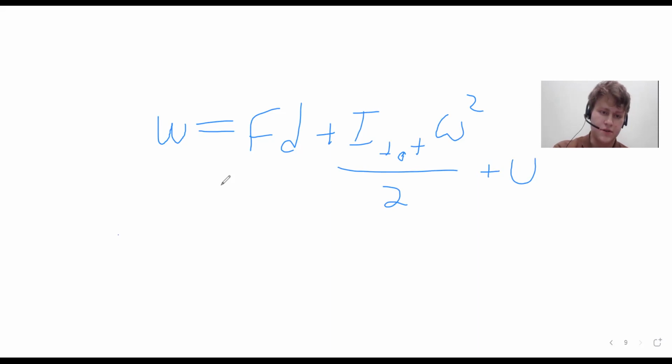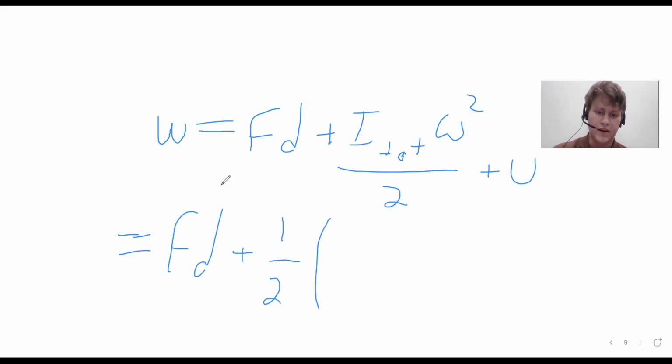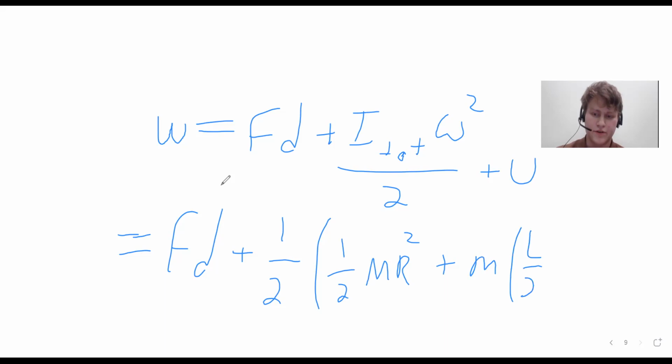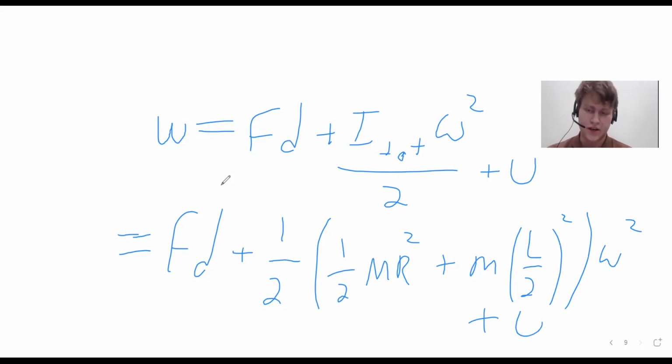And then this is equal to force times distance plus 1/2 times 1/2 mr squared plus little m L/2 squared omega squared plus u. So this first term in the parentheses here, this is the angular inertia of the disk